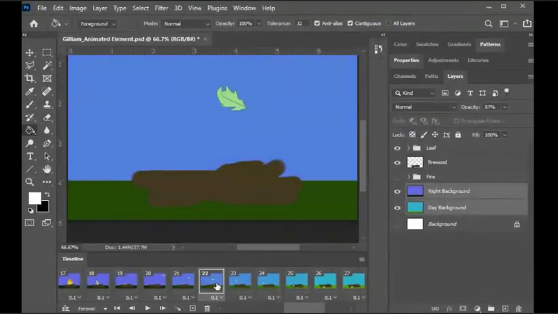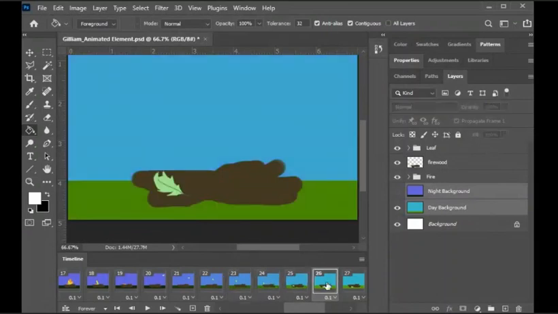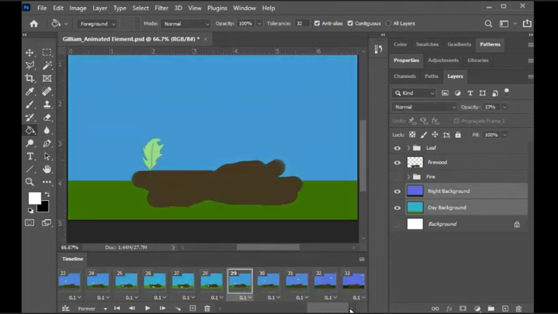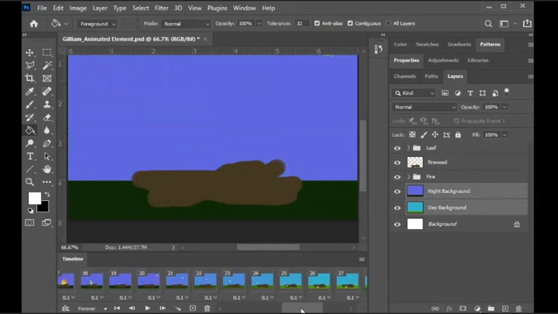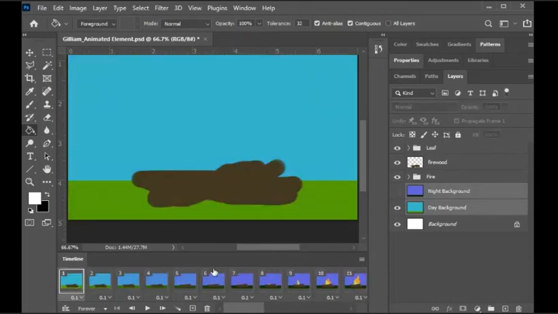All right, so the leaf comes onto the scene, and then I made it reverse, so the leaf goes back. So the leaf goes all the way back, and it also goes back to nighttime. This is going to be a really weird little animation. All right, so you can copy and reverse your frames. So that's just little things to know while you guys are,